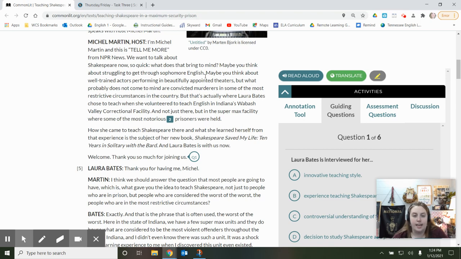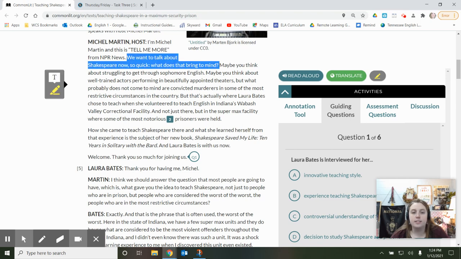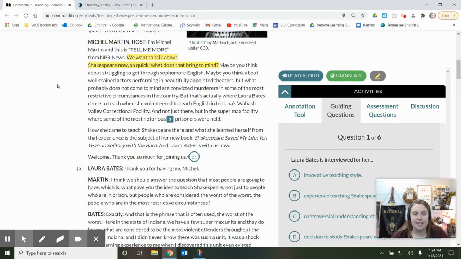Okay, so what I want to highlight, because I kind of want to show you guys how to annotate multiple times, is this one. So it says, we want to talk about Shakespeare now. So quick, what comes to mind? So for me, let's see if I can highlight that again. Okay, so for me, what comes to my mind is actually my freshman English class